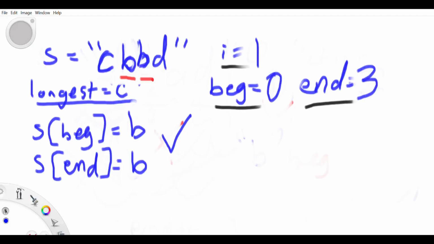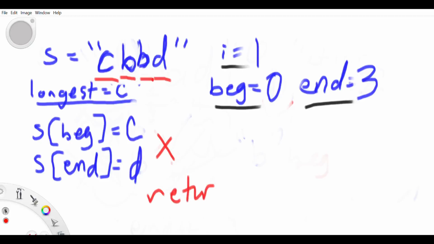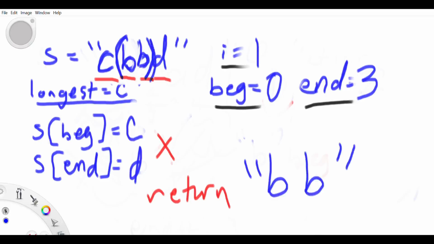And we'll check again. We're at 0 and 3. So is C equal to D? No. So we return and break out of our while loop. So now at this point what we return is beginning plus plus, which is the first index, up to the ending index, which is right there at B. So is the length of this substring longer than our current longest? Yes. So now longest